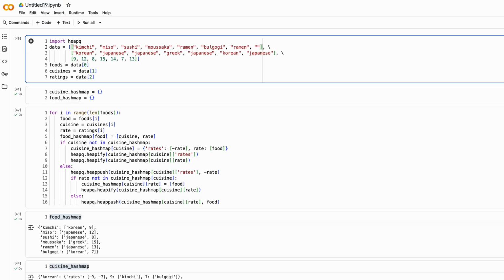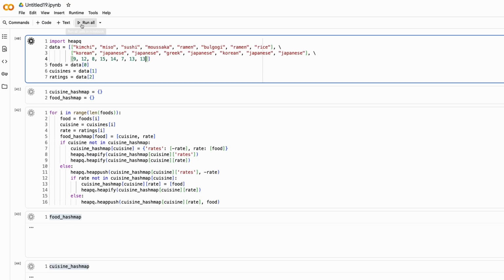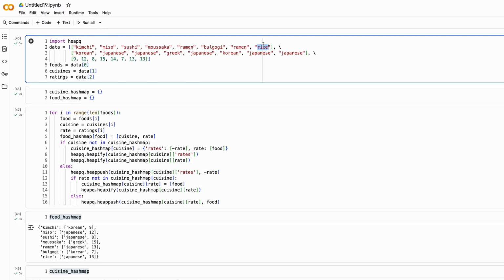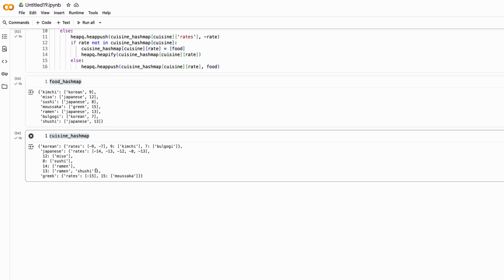We have the rice for the Japanese as well. And then here we also put this as the 13th. Okay, sushi, sushi, sushi, Japanese, and 13th. Okay, so here we can see this one is the heap, this one is a heap, and